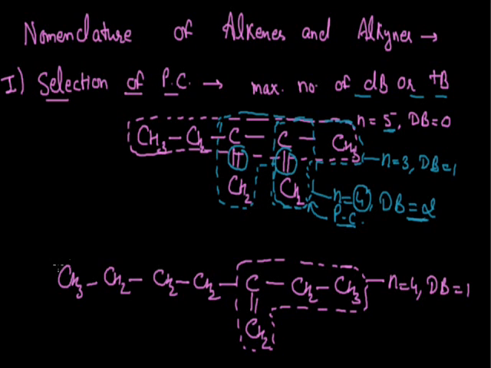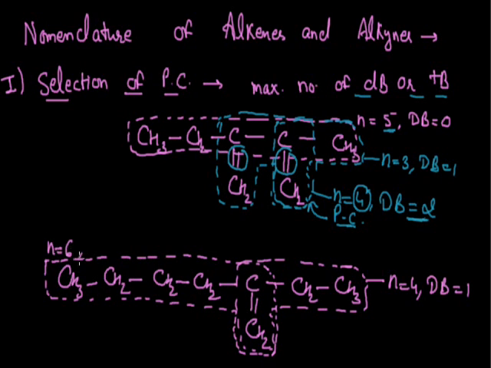On the other hand, if we start selecting the chain from the left-hand direction, this will be the chain. Since we have to take the double bond in the parent chain, we will move in the downward direction instead of moving straight. In this case, this will work as the parent chain which contains a total of 6 carbon atoms. So this chain contains 6 carbon atoms and the number of double bonds is 1. According to the rule, we go for the chain which contains the maximum number of double bonds. But in this case, these two chains contain an equal number of double bonds. So now we will select the parent chain with the help of the second rule.